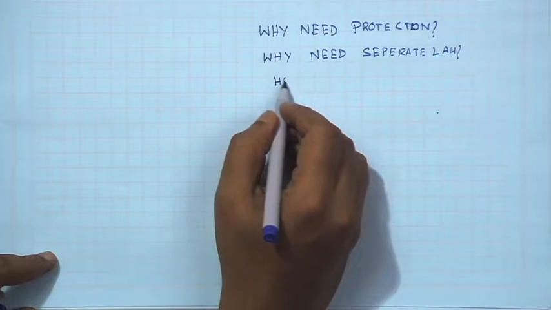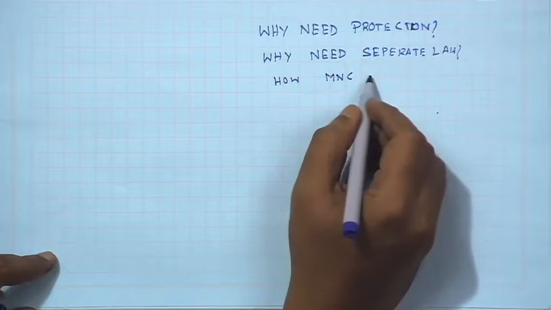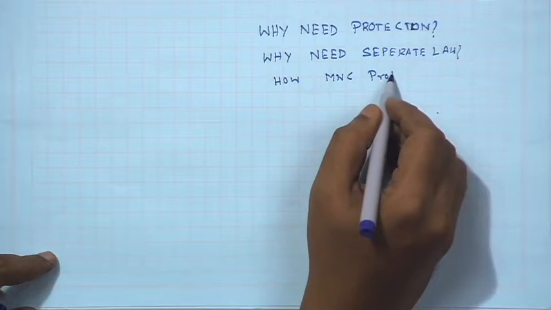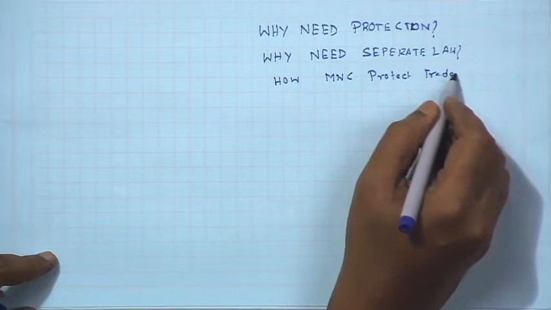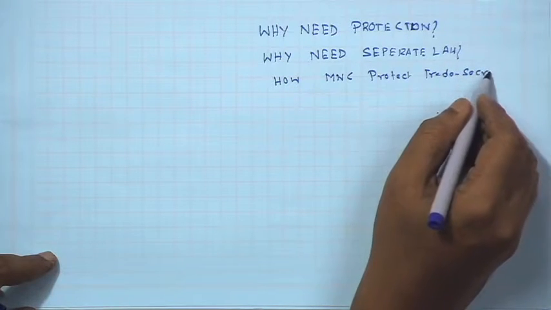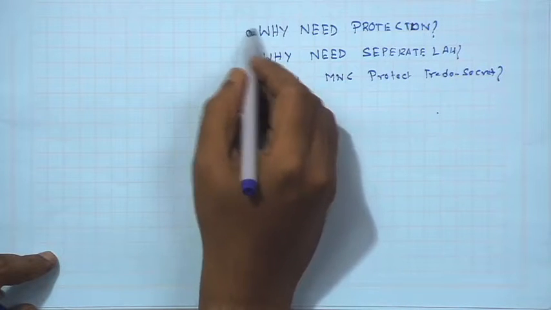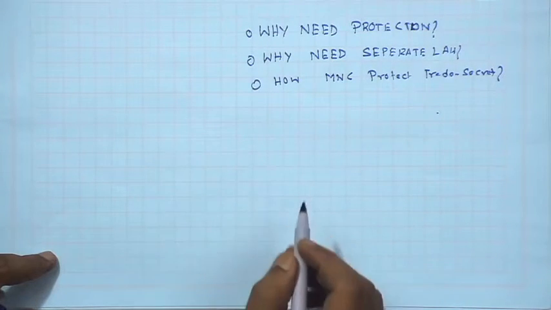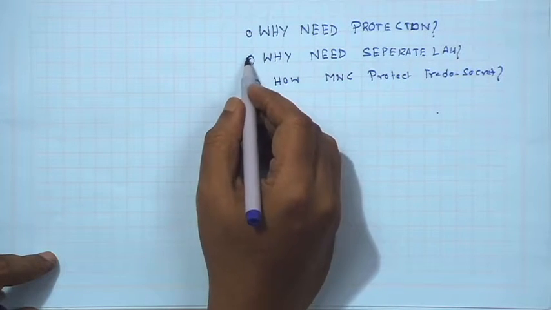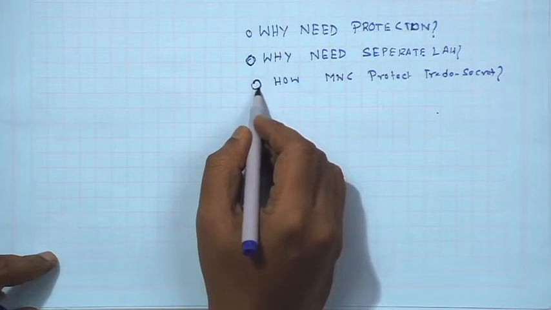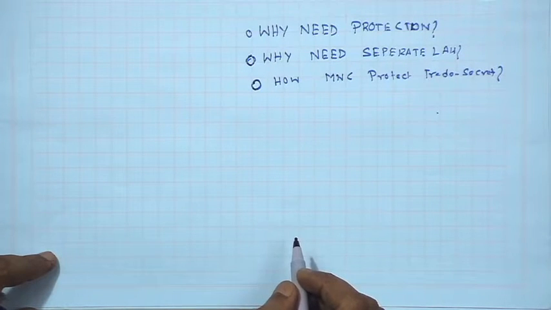How, let us say, do MNCs protect trade secrets? Some of the methods I told you, but some may not be available in public documents. They may adopt different types of strategies. I referred to a few based on some literature and my presumption; maybe you may find a few other methods.